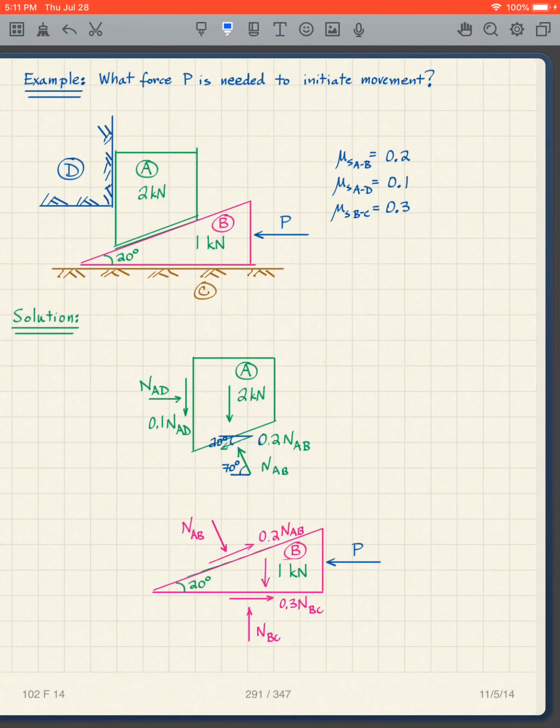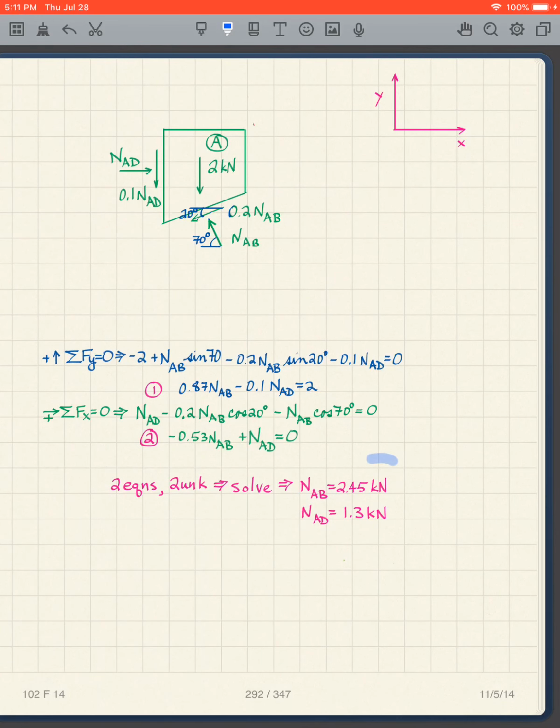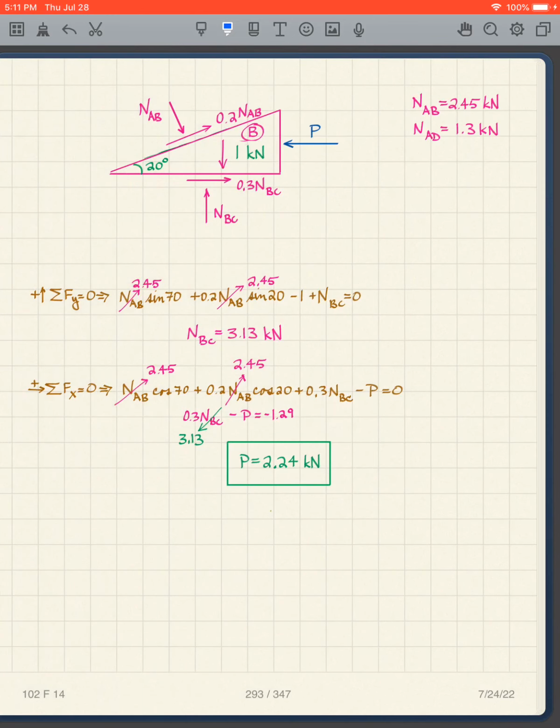So we're getting there. That's this block, okay? Now I need to do this block. Ultimately, I want the P. But I got some of my forces, so what do I do with these numbers here? Well, I now look at this free body diagram that we've drawn, and again, I take the sum of the forces